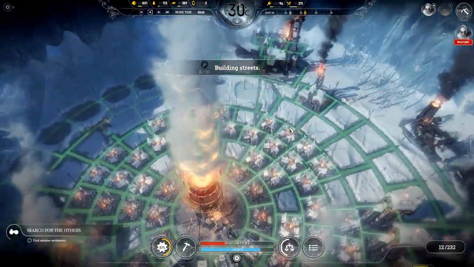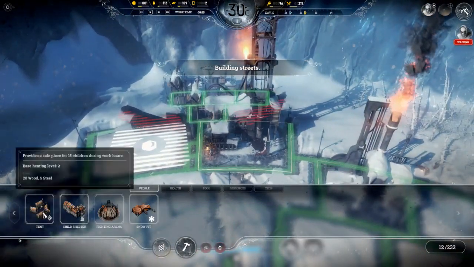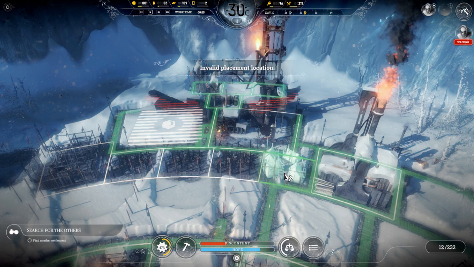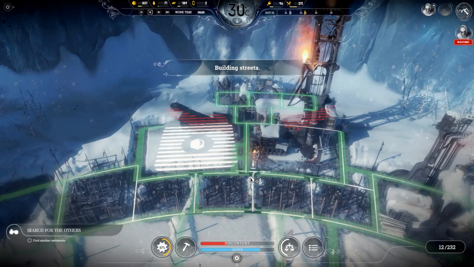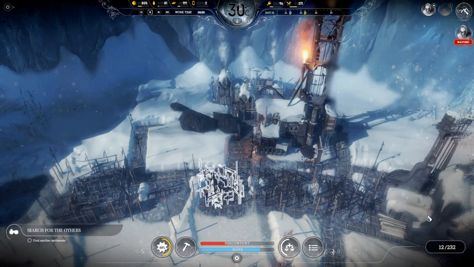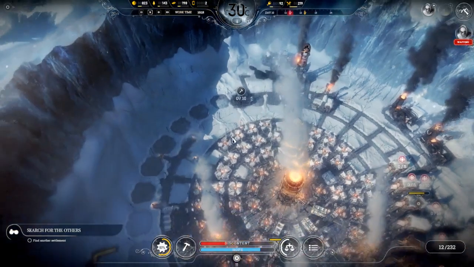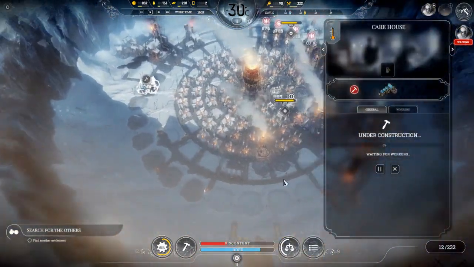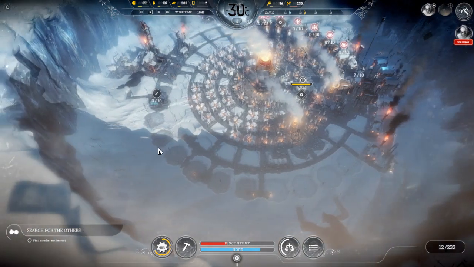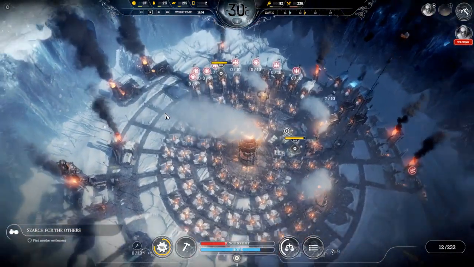Alright, I think our main layout is complete. Now the question is, can we fit 4 in here? We can. Beautiful. These are going to be spots for resource depots. Tents are the same size, so... Alright, let's go. I moved the care house over here instead of here because this is going to be a spot for an infirmary, and I just want things where they're going to be right now. So it saves me time later on, so...